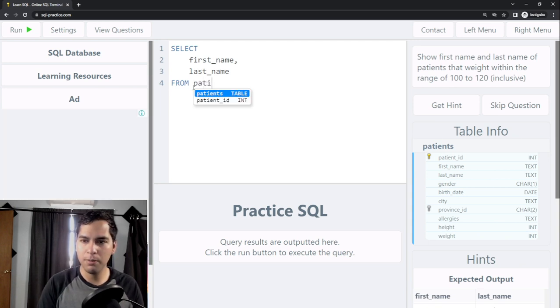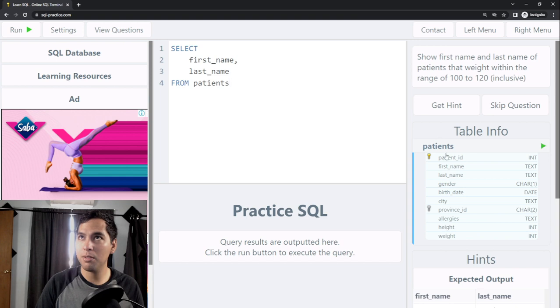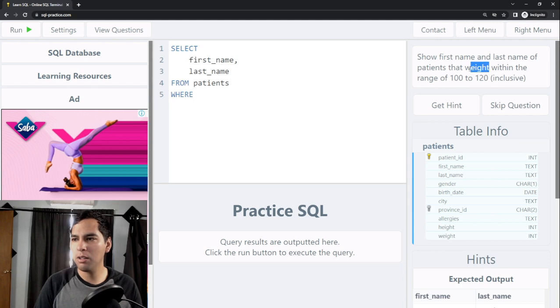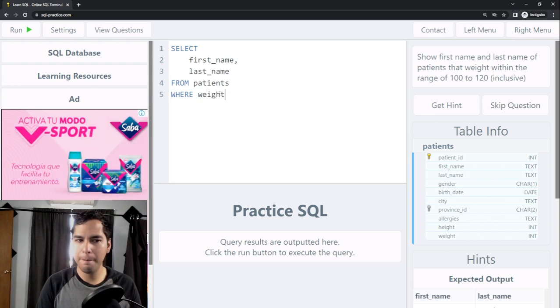So we know that the table is the patients table because it says here. And now we need to filter using the where statement. So we need to filter using the weight column because that's the condition, where weight, and like I said, we need to use between